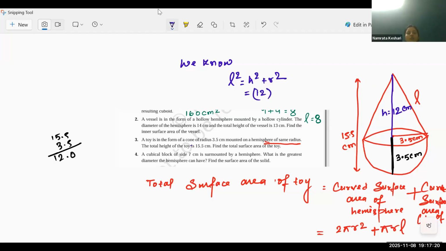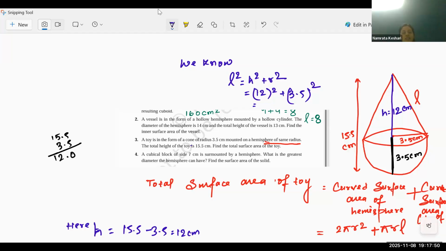You show how you are finding the h value: h is equal to 15.5 minus 3.5, that is 12 centimeter. Then we use this h to calculate the slant height. r square, that is 3.5 square. Please find the L value and do the calculation to get the final answer,